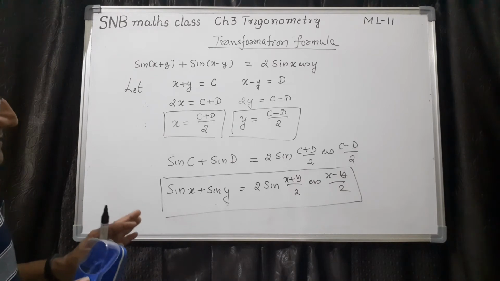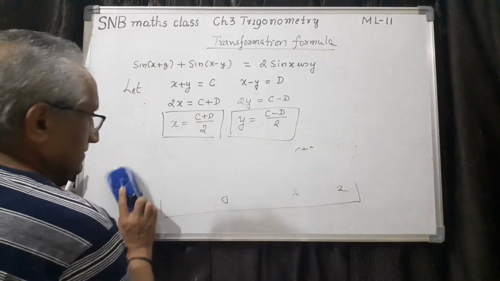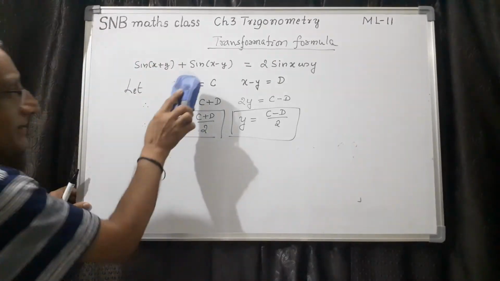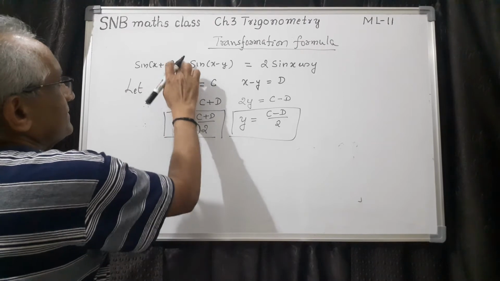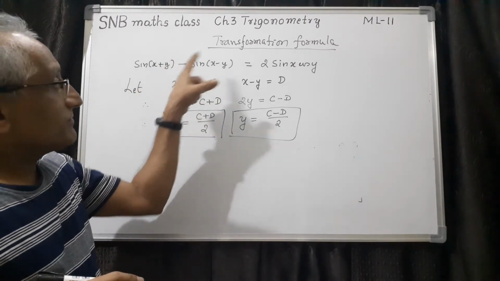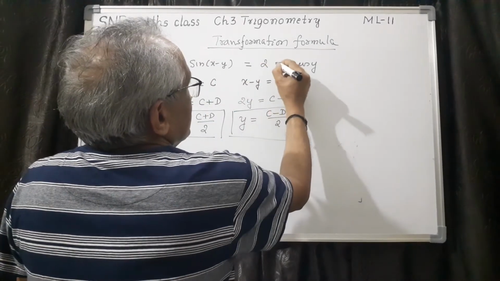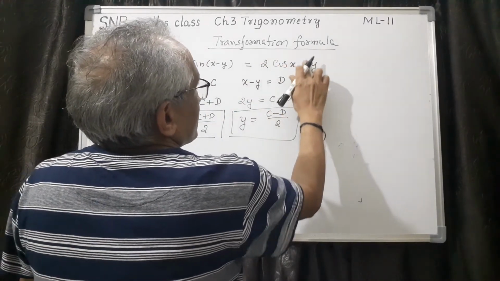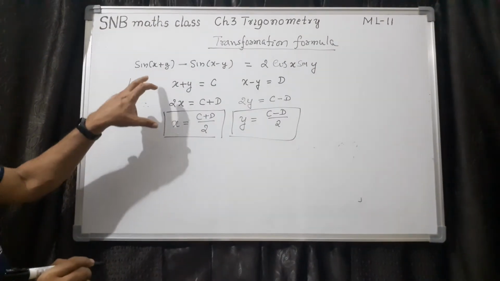Now it is just sufficient if you remember. Same way, I will take this part, which is same for all. Suppose you take minus here. You have seen the difference already, it becomes the product formula, the second type. This will be cos x. We have proved this one already. This will be sin x. And this part is same, x plus y.